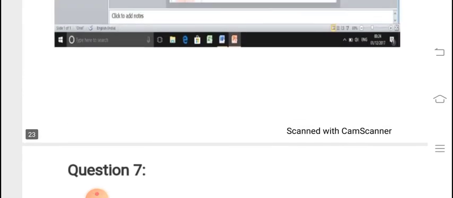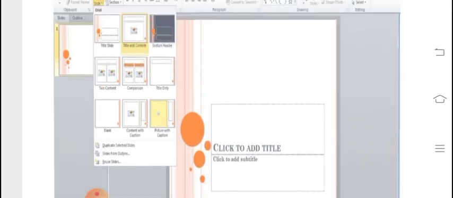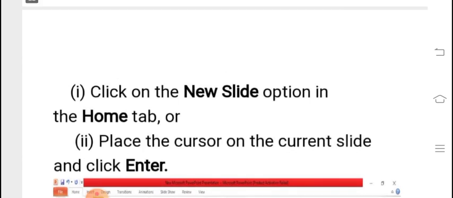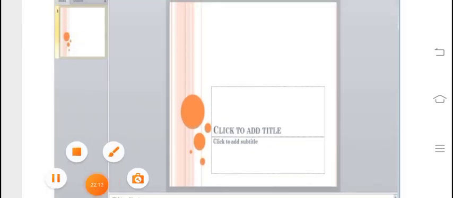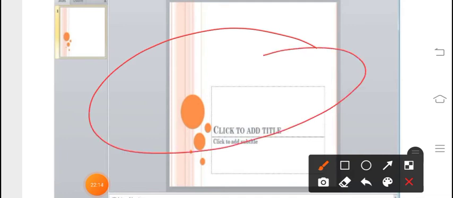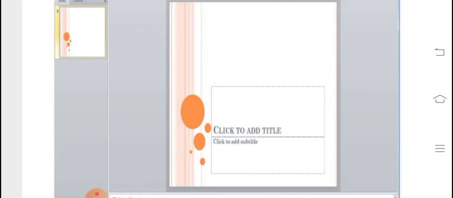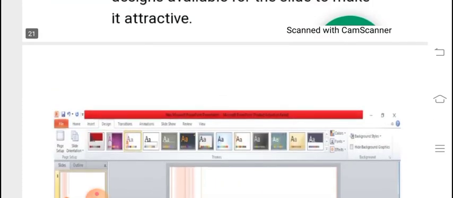Now while writing this answer, how to write this answer? Wherever the computer screen is given over there, this type of screen was there, you can take a picture, you can take a Xerox copy from your textbook, if you definitely have a textbook along with you. All these slides are given in your textbook also. Take a Xerox copy and stick it in your notebook while writing these answers. Okay.